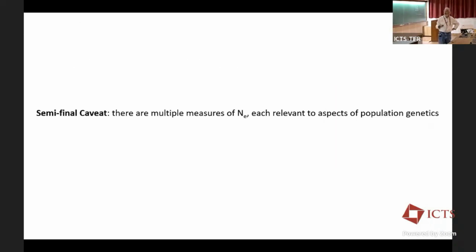But first, this is a caveat, it came up earlier in the talk. There are different kinds of effective population size. It's just a useful way of taking a complex problem and trying to distill it down to one measure that explains a certain kind of observed data. And the NE that I've been focusing on up to now has been what we sort of call the variance effective population size.